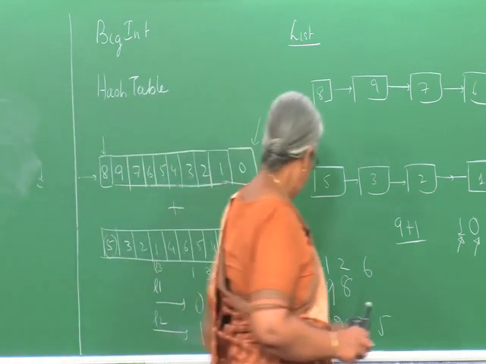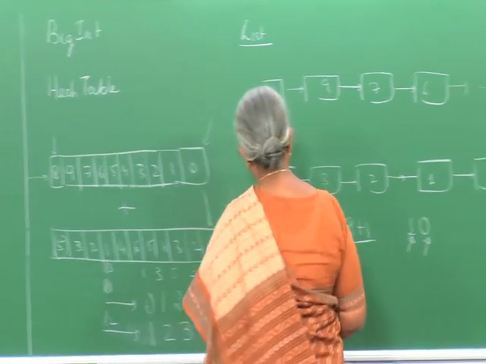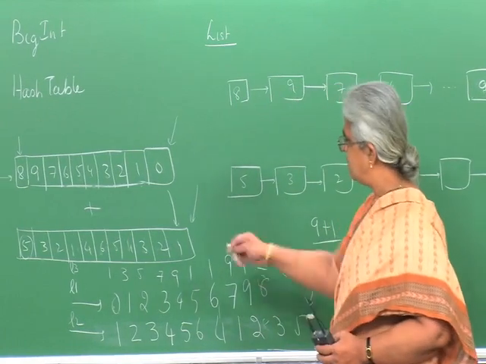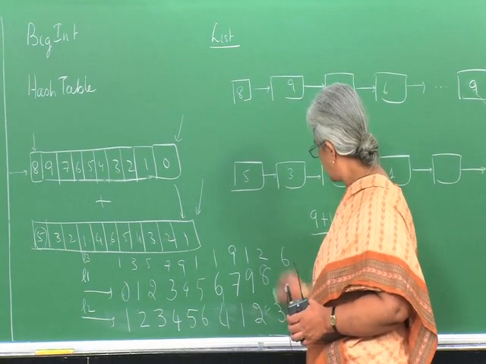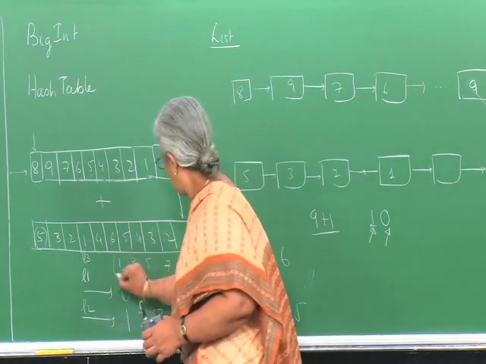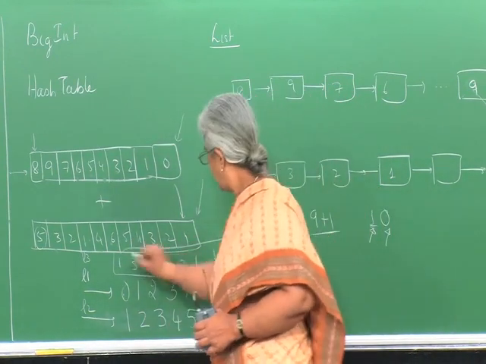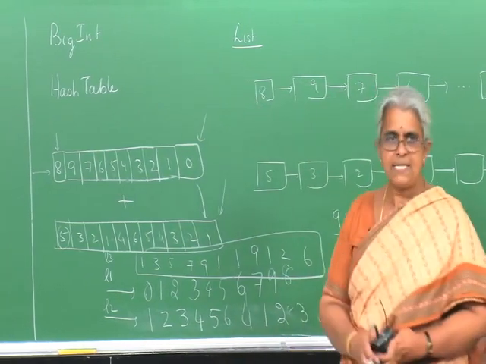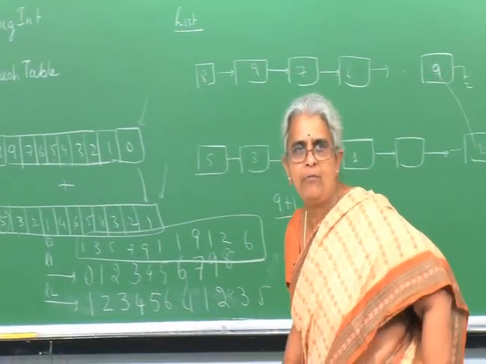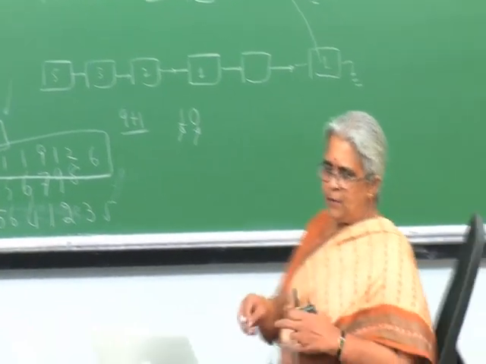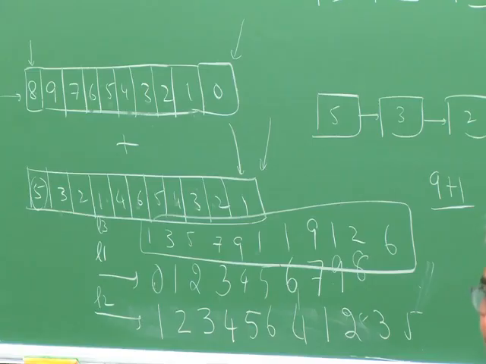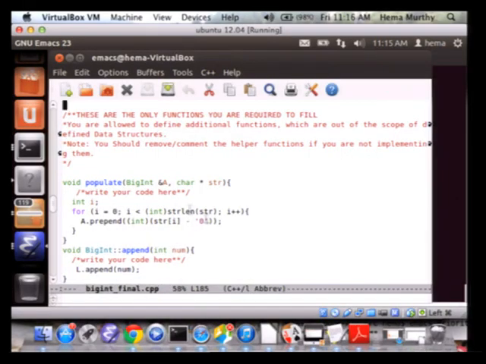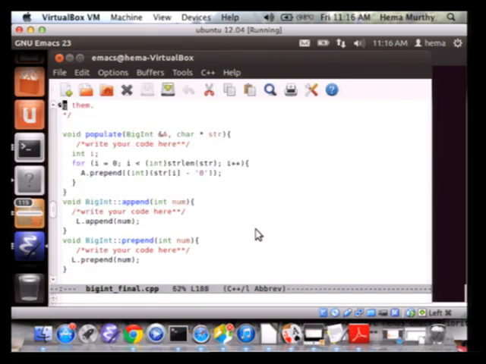Okay. So essentially you should get this particular result, but the result is in the reverse order. Finally 5 plus 1, 6 is what you are supposed to get. So this should be the result of the number, but it is in the reverse order. So what is done in this particular program, if you look at it, is to make this convenient, because you can start from the beginning of the list, the population of the integer is done such that you prepend, put it in the beginning.